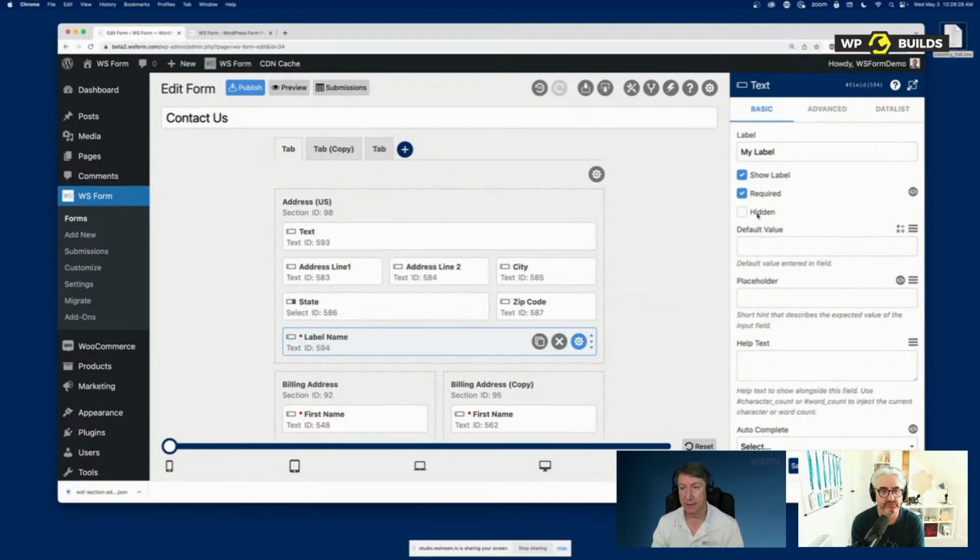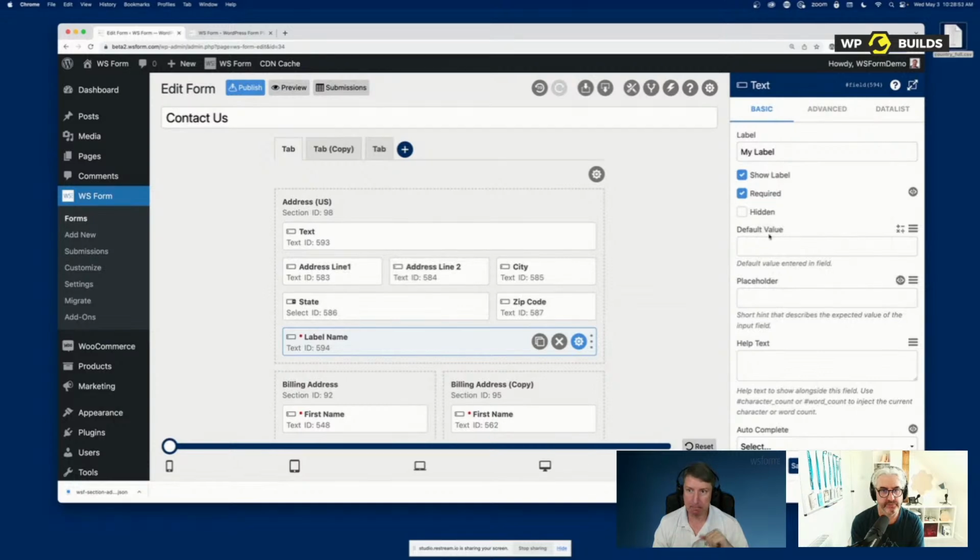You can also hide fields, and again, we'll come on to this in the next show where we're talking more about interactivity. So you can hide and show fields dynamically if you want to. It's often a good idea if you've got a very long form to only show the fields that are appropriate to the person filling out that form. So we can use things like checkboxes to switch on sections, switch on fields, and that's where that hidden